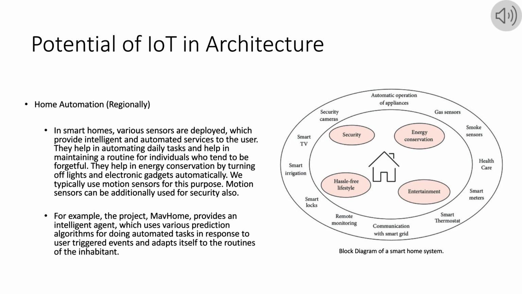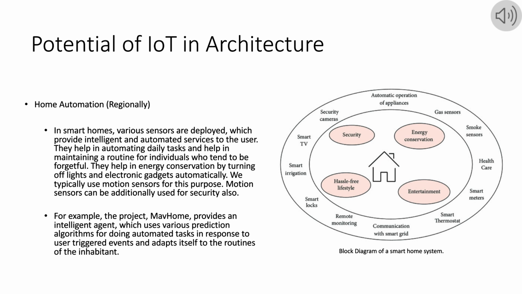Regionally, IoT devices can be used to improve the energy efficiency of buildings. Smart sensors can monitor temperature, humidity, and occupancy and adjust heating and cooling systems accordingly. Lighting systems can be programmed to turn off when rooms are unoccupied, saving energy and reducing costs. In addition, IoT devices can be used to monitor and control the use of water and other resources, reducing waste